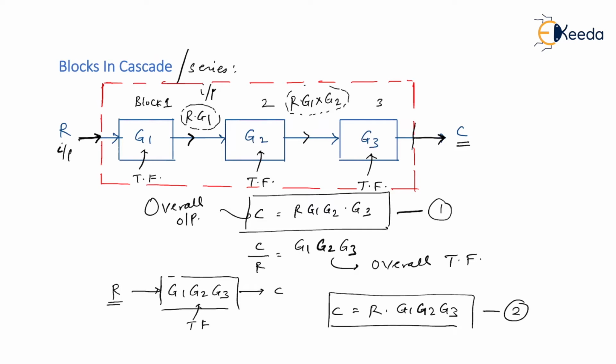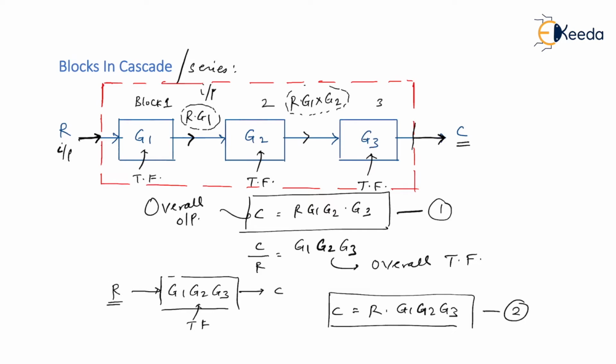Equation 1 indicates output of the blocks which are connected in series, that is a bigger system, whereas equation number 2 indicates output of the system which is in a reduced form. Please understand, we are not practically reducing the size of the system. Our aim is not that, okay? Our aim is to get the overall transfer function of the system, and to do so we have to reduce the blocks. So when we are reducing the blocks, it does not mean we are reducing hardware or reducing the size of the actual physical system.